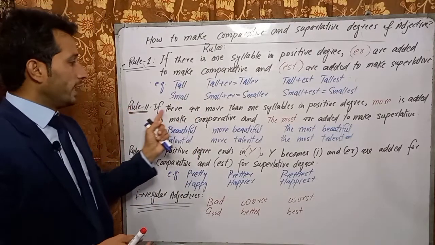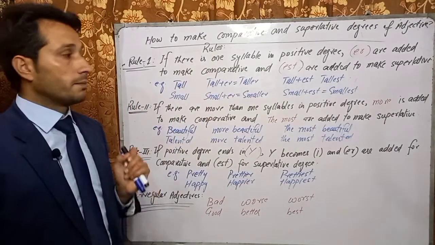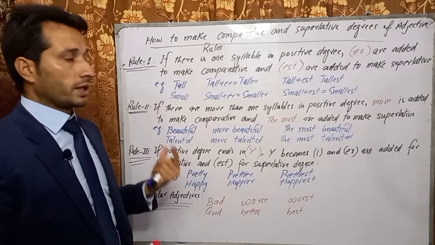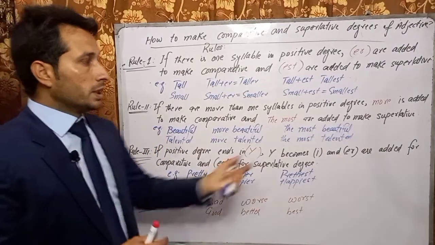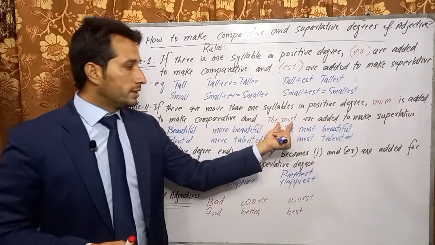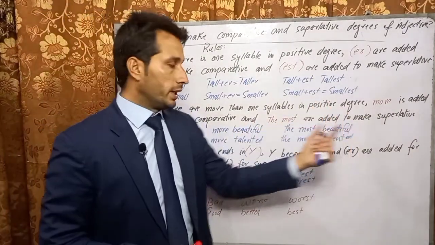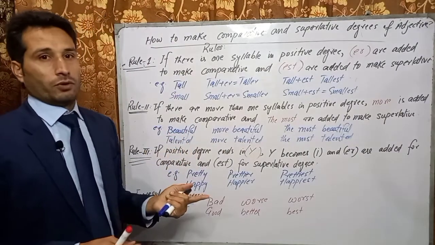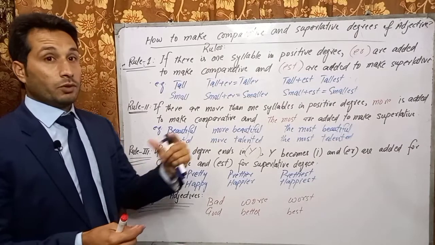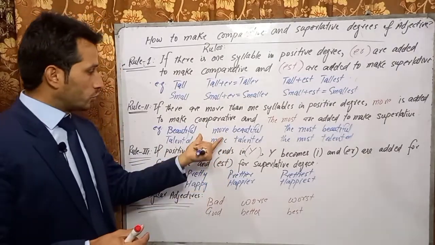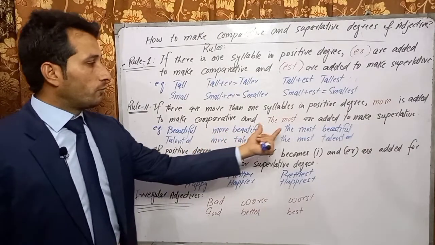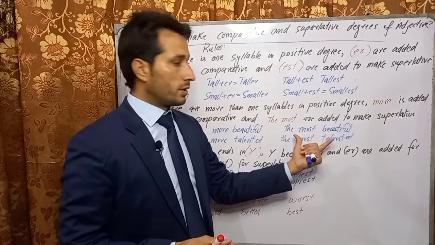Rule 2 is if there are more than one syllables in the positive degree. If there are more than one syllables in the positive degree of an adjective, then we add more to make the comparative degree and we add the most to make the superlative degree. For example, we have the word beautiful. We have three syllables here: beau-ti-ful. So we cannot say beautifuler or beautifulest. So what we do, we add more for the comparative degree, more beautiful, and for the superlative degree we add the most